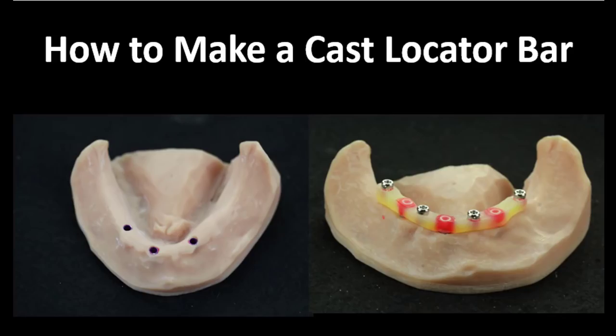Hey, this is Dr. Corey Glenn with Blue Sky Bio, and I'm going to be showing in this video how to go about making a cast locator bar. Now, this is something that is not that difficult to learn how to do, and it can certainly save a lot of money if you can do this in-house as a dentist, or if you just have to outsource certain